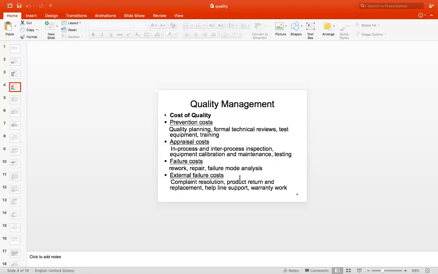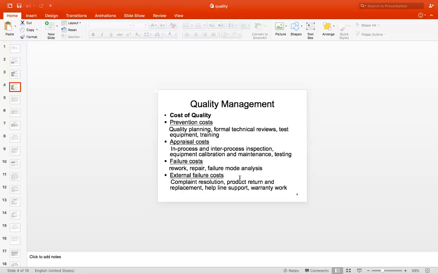Means if you are not having any reworks or if you are not having any failures, then obviously that 1 lakh will be saved from your budget. So there is no need for you to use that extra 1 lakh. In case there is some failure or some external failure, at that time you cannot suddenly increase the budget. So every time you need to have some buffer budget.